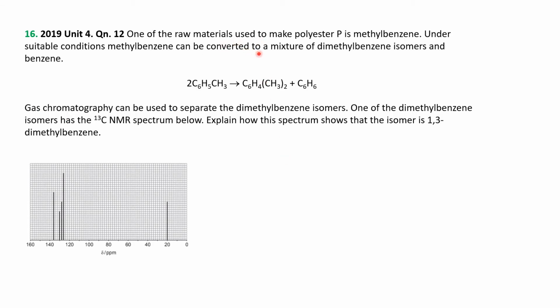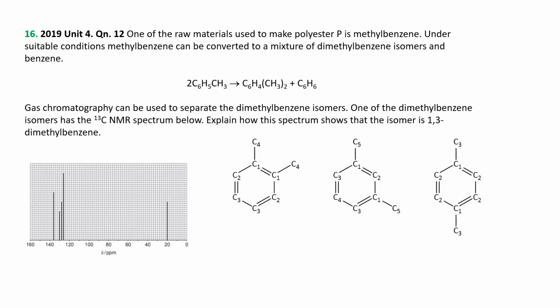One of the raw materials to make polyester P is methylbenzene, so that's the formula of methylbenzene. Methylbenzene can be converted to a mixture of dimethylbenzene isomers. Gas chromatography can be used to separate the dimethylbenzene isomers. One of the dimethylbenzene isomers has the C13 NMR below. How does this spectrum show that the isomer is 1,3-dimethylbenzene? Well, here are the 3 possible isomers, drawn kind of nastily,